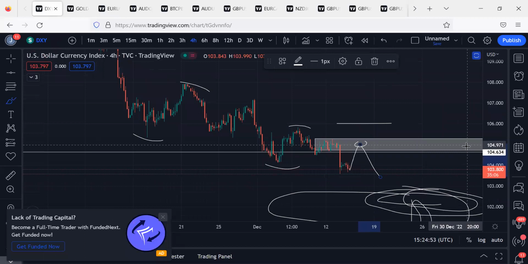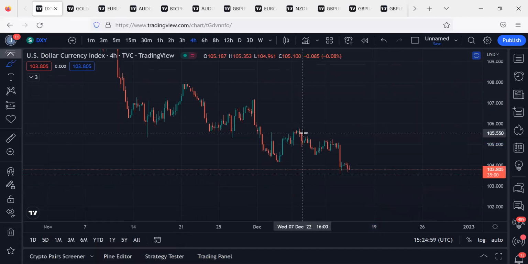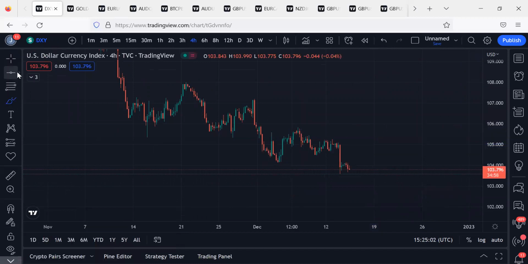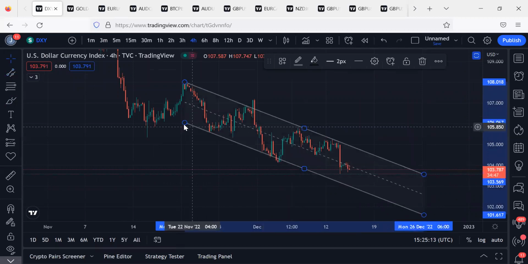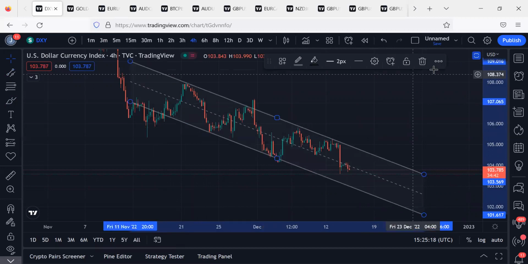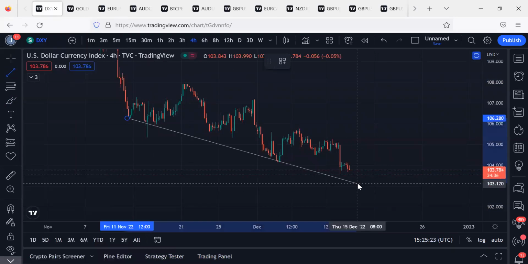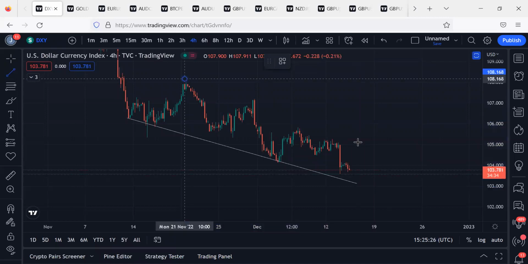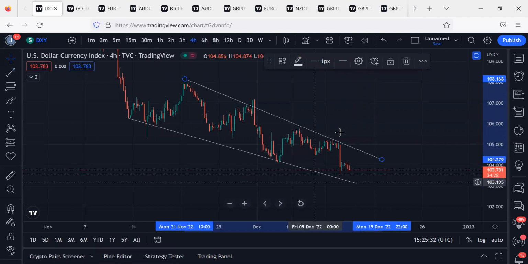Now, look at your DXY. What are you seeing on the DXY? That's the dollar index. Are you seeing any sign of a reversal at all? Let me see if I can draw a channel on it and see if we can get a reversal using our RSI. Is there anything that can give us an insight that we might be reversing? Let me use my trend lines to connect. So we started from here to here. Now this is a descending channel which has a probability of breaking to the upside, and it is on the 4-hourly.